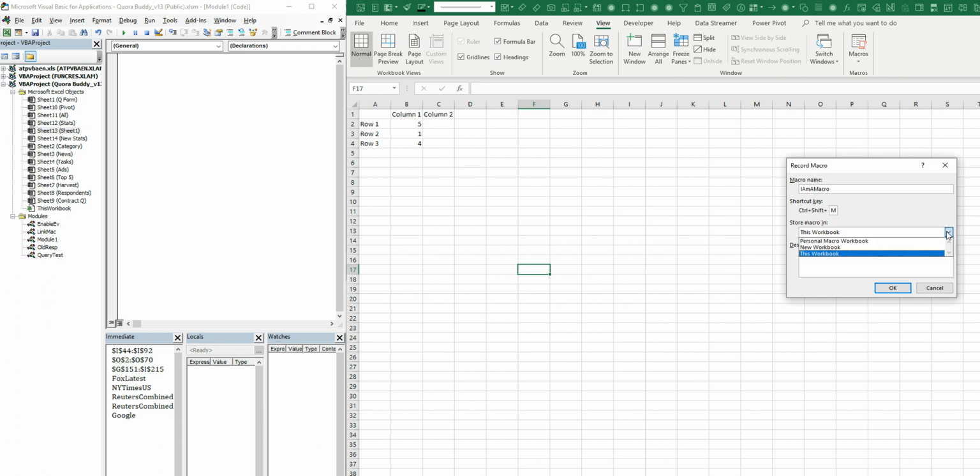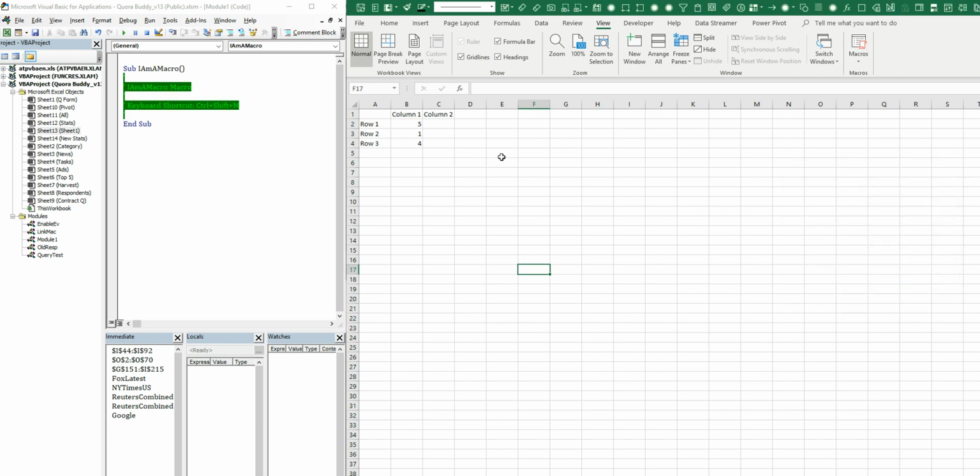You can choose to store it in a personal macro workbook, a new workbook, or this workbook, and we're going to do this workbook. Descriptions are very important. You always want to have a description. If you come back and you run this macro and you don't know what it does, it could end up deleting a whole bunch of data that you can't get back. It's frightening. So always use a description. And we're going to skip the description right now, but